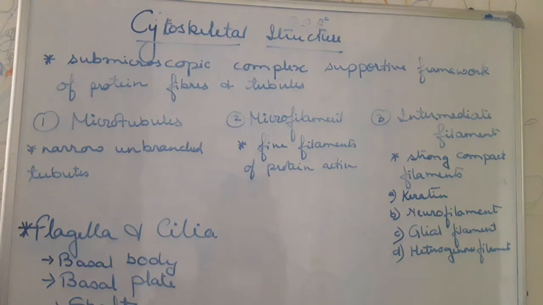The microtubules, these are actually extremely narrow submicroscopic unbranched tubules which are of variable length, okay, and are formed of the dimers of protein tubulin. Now it was first discovered by De Robertis and Franchi in the axoplasm of nerve cell. Now you already know about nerve cells. Axoplasm is present, so in that axoplasm this was first discovered. They develop on specific nucleating regions, okay, and can undergo quick growth and dissociation also.